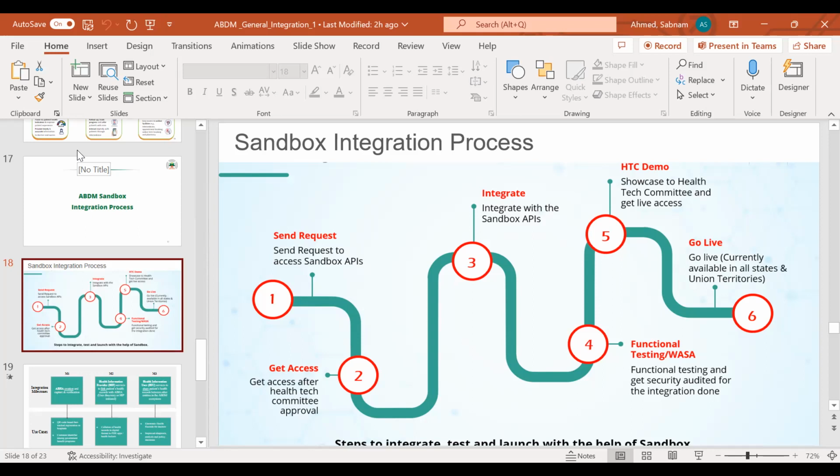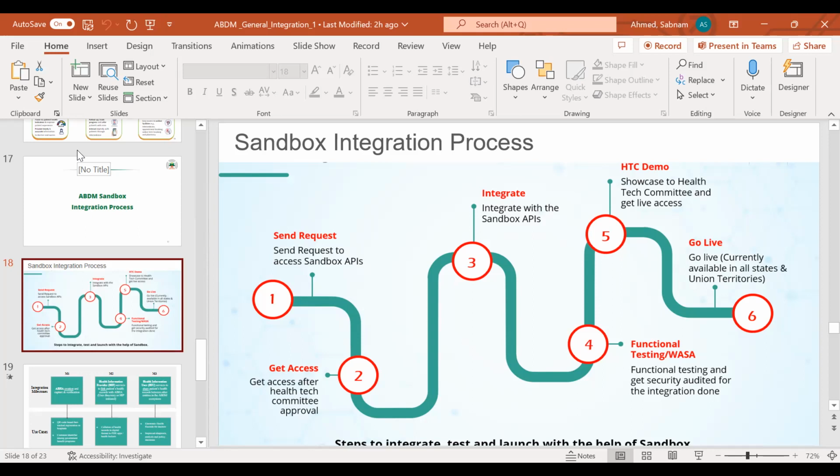So you have to submit to us once the internal demonstration flow for M1, M2, and M3 is completed and has been reviewed internally, not by the final health tech committee, only reviewed internally. Then you can move ahead with the FT and VAPT. Once FT and VAPT are done, you have to submit the FT and VAPT certificate along with the FT Excel sheet, the test cases, to us, and then we'll review the same,